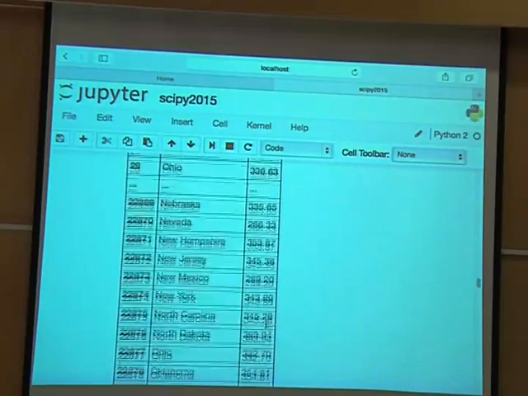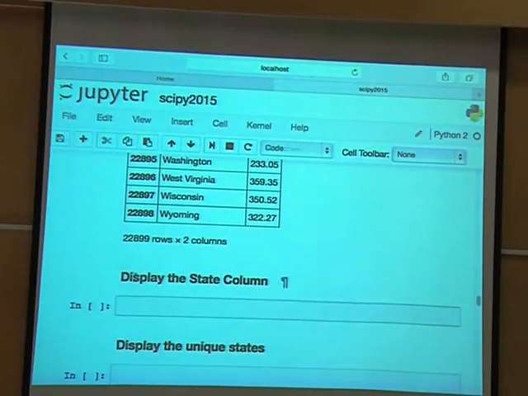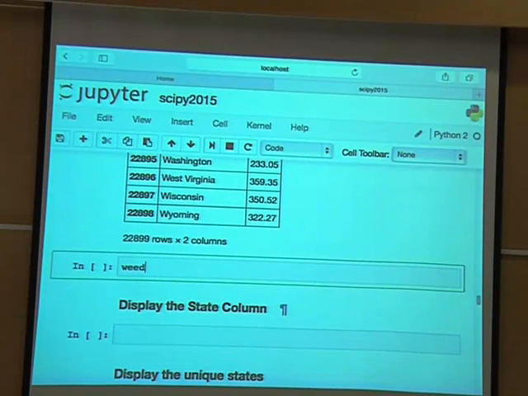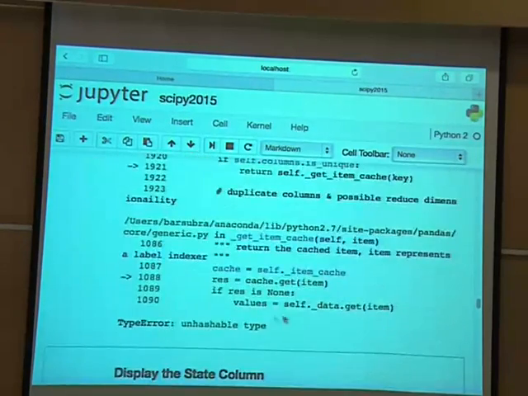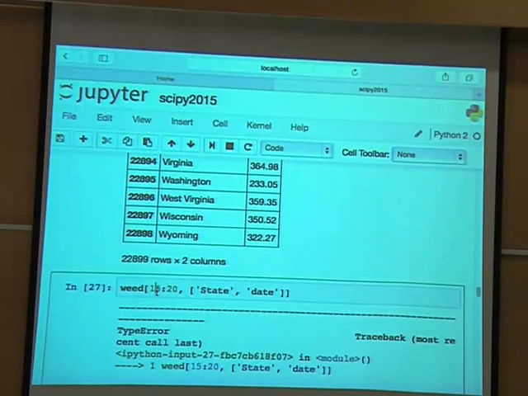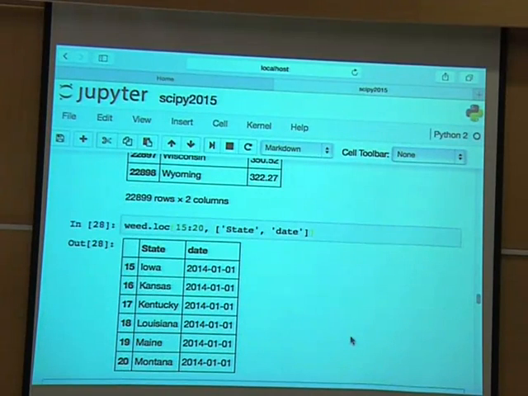So now we will do something where we will select both some set of rows and columns. Okay. So we are going to display the data in 10, 50, 20. This doesn't work because of an unhashable type. So there are different ways of doing it. It's not able to figure out what. So we have to use something called